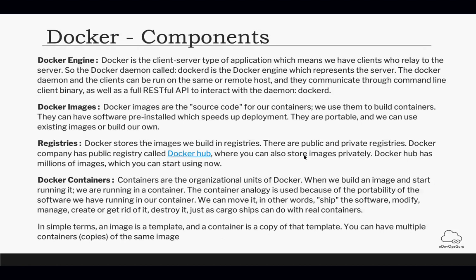Then you can also create your own private registry. It's like a case where you have a big organization and the organization doesn't want to publish or put their Docker images, which contain proprietary code or proprietary things, on a public cloud. So in that case, you can set up your own private repository and push and pull Docker images right from there.